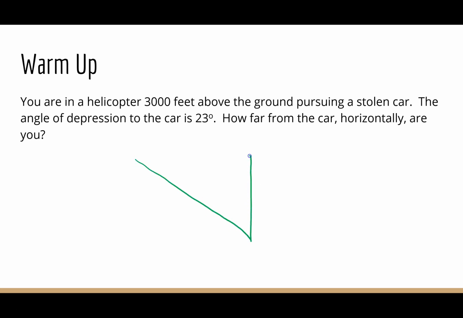So we need to make our picture. I'm going to say H for helicopter, C for car, right triangle. Angle of depression is always the angle from the sky down. So it's this angle, 23 degrees, and we are 3,000 feet above the ground, so 3,000 is our height. So if H is our reference angle, we are looking for X, the adjacent. We have the opposite, so that's going to be tangent